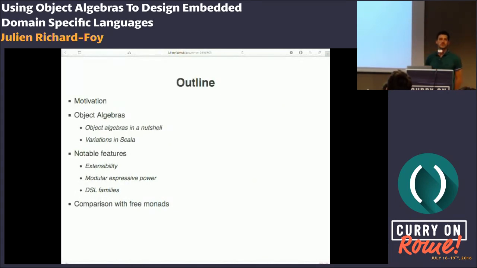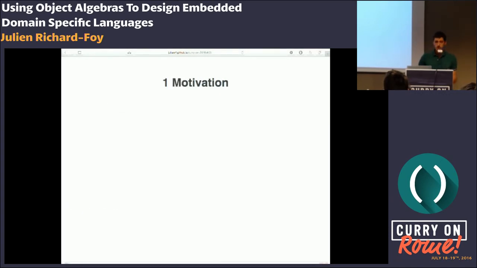First, I'm going to introduce the problems that led me to look at object algebras, then what they are, how I implement them in Scala, and I will highlight some of their properties. And finally, I will pronounce the M word. I apologize in advance. So first,